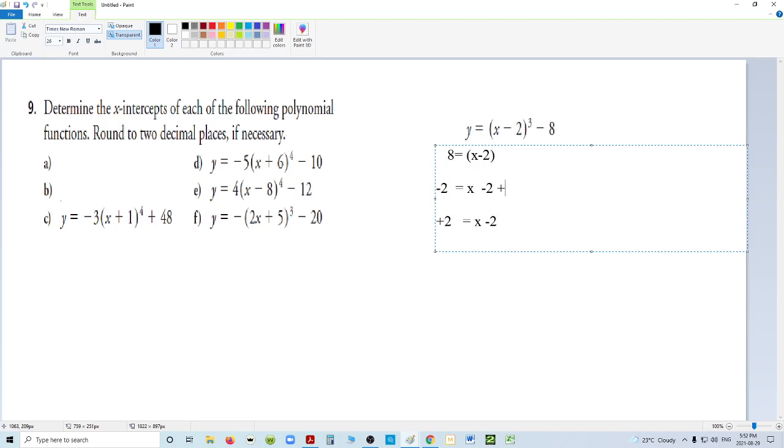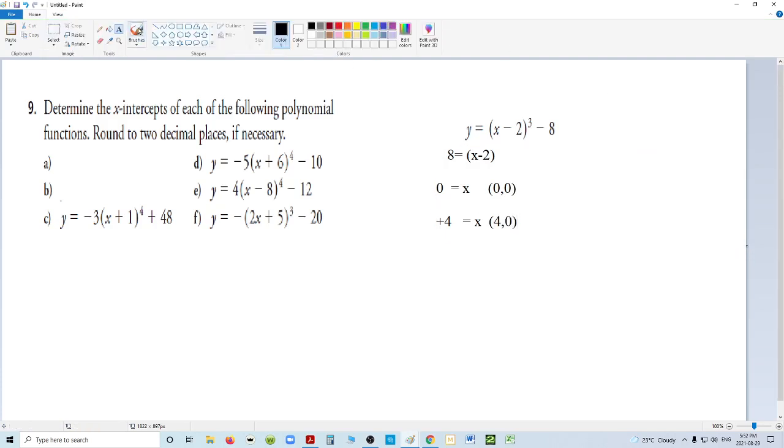To get rid of the 2 here, I add 2 to both sides. 2 plus 2 on this left side is 0, and these cancel out. So on that side it's 0. And did I get it right? Yeah, and then this side, when I add 2 to both sides, I get x is equal to 4. Which means my two possible intercepts are 0, 0, so it goes through the origin, and 4, 0, which makes sense because if you look very clearly,